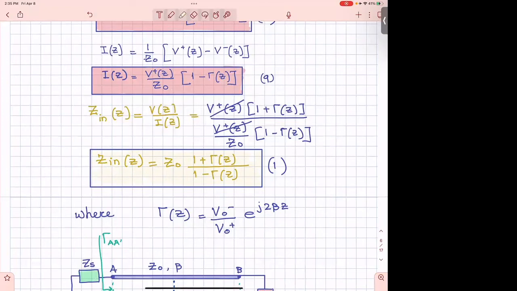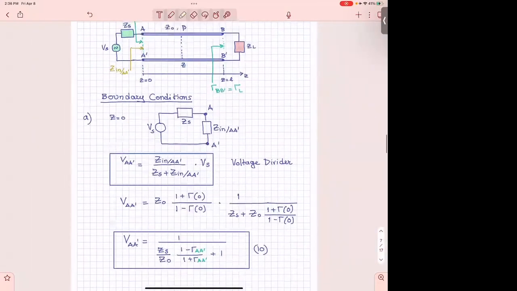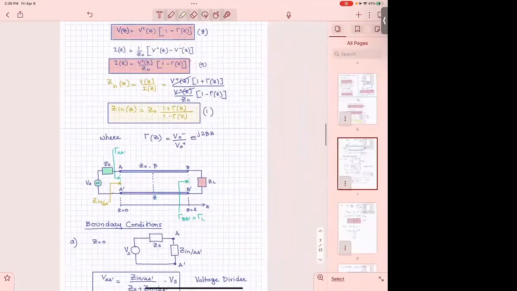So if you know one, what is interesting? If you find the reflection coefficient at any of the ends of the line, then you know the reflection coefficient at every point on the line, and then you know the input impedance at every point on the line. So the only thing you have to do is to find the reflection coefficient. That's the only thing that you need to do, and everything else is there. All right, with all of these derivations, the only thing that we've learned, and I will write it here, is you need to remember,